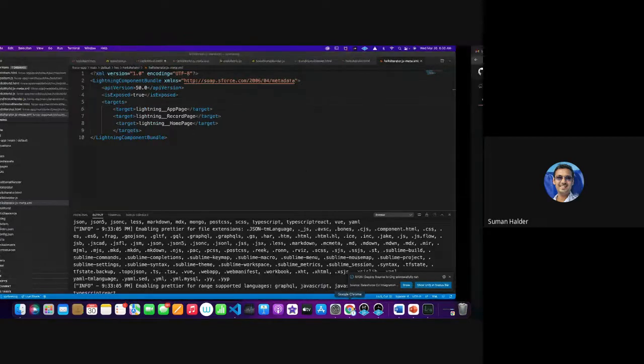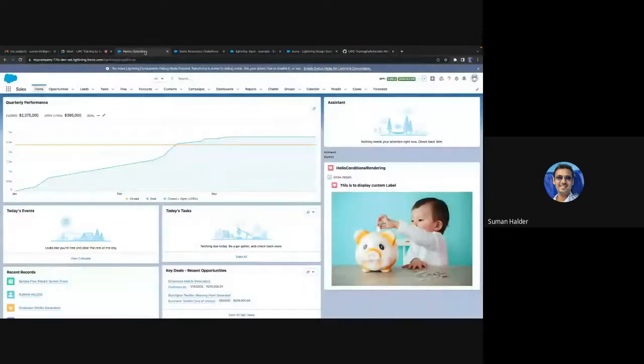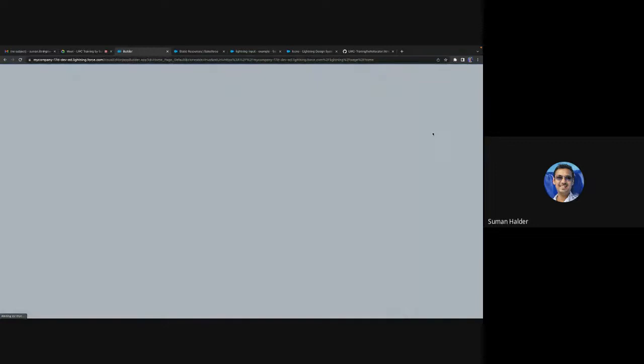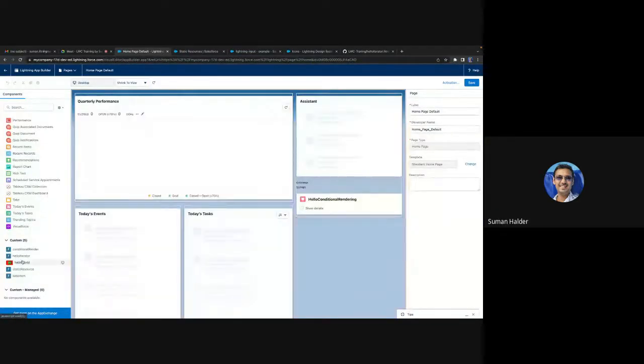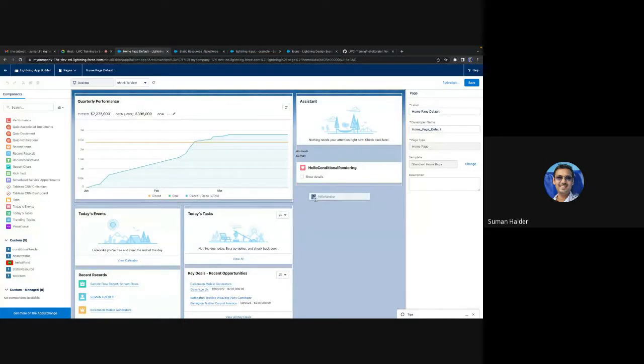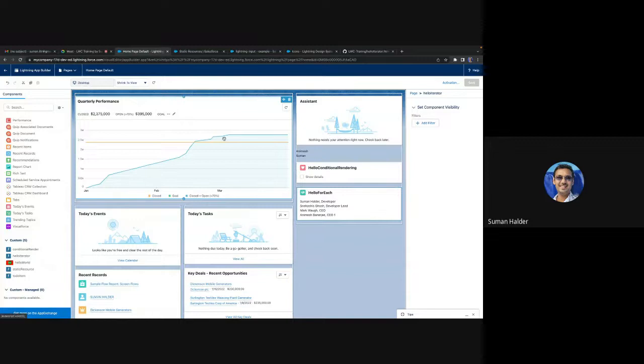Okay, now if I go back here and then edit page. So if I do hello iterator, you see it is coming, right? So what it is doing is